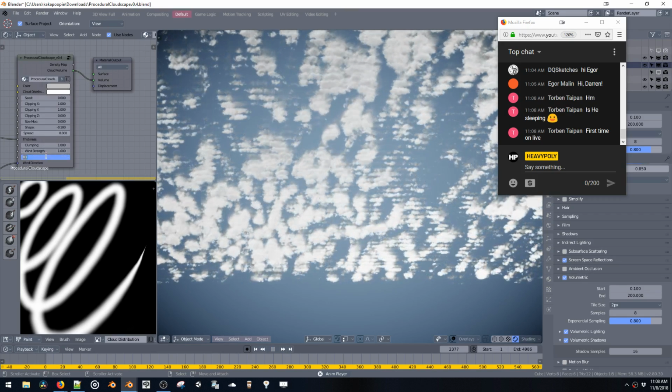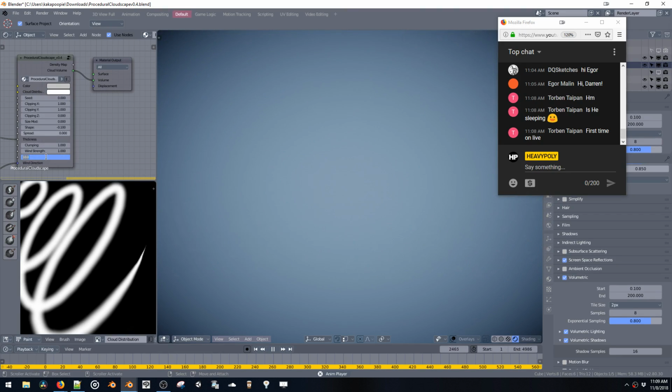Time mod, what is that? Would that be like same thing as